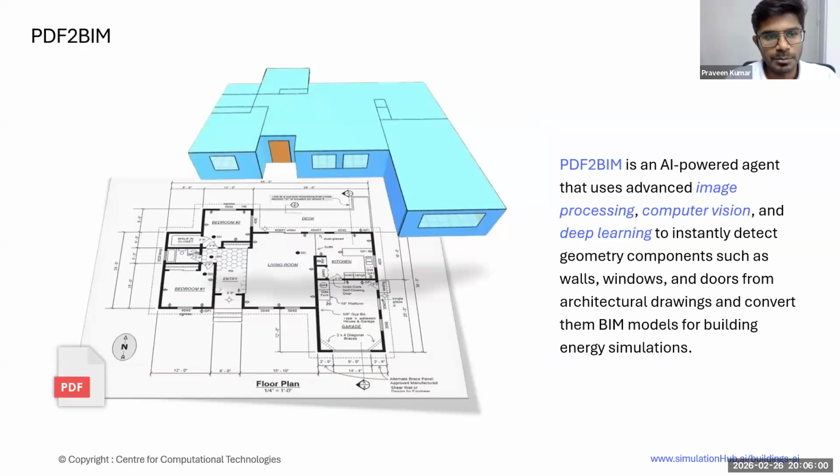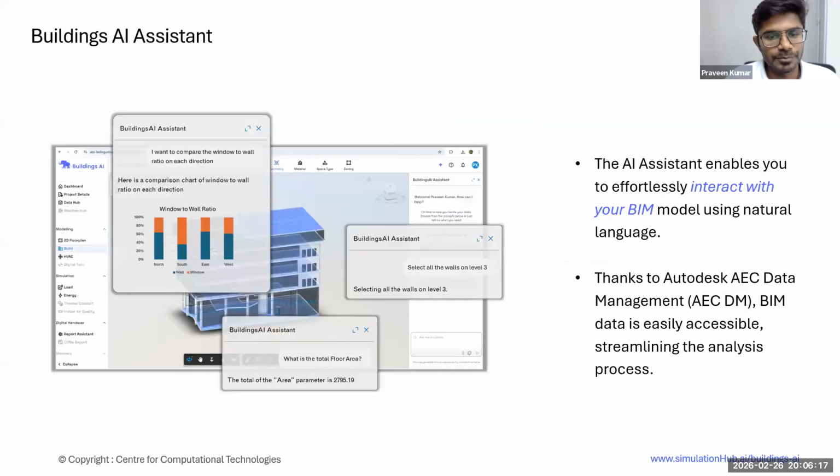For example, take PDF to BIM. This is an AI-powered agent that uses advanced image processing, computer vision, and deep learning techniques to convert your drawing or floor plan image into BIM models. Throughout the workflow, you have an AI assistant that lets you interact with your BIM model and query in natural language. Thanks to Autodesk AEC Data Model, ACDM, it provides all the required information, and you can execute commands and do the setup.